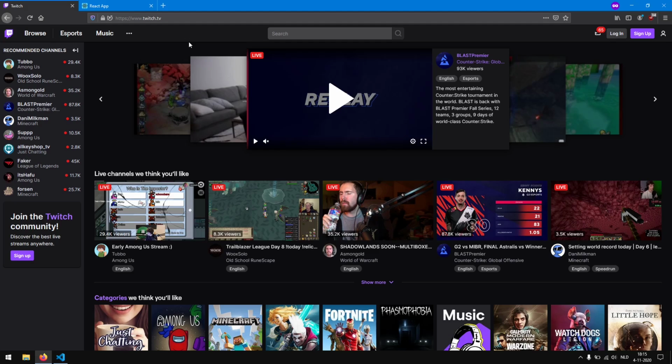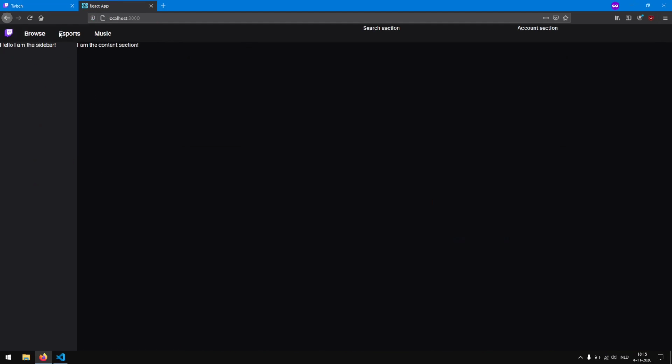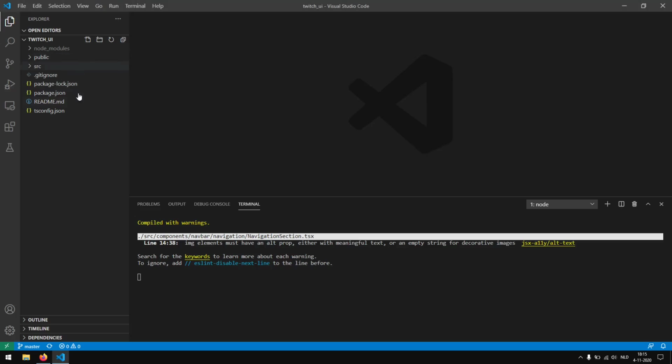So to get started we are first going to create the vertical divider inside the navigation bar. So right here you see the browse and the esports link, and in between them there is a vertical divider. As you can see in our application we don't have that yet. So if we open up our navigation section